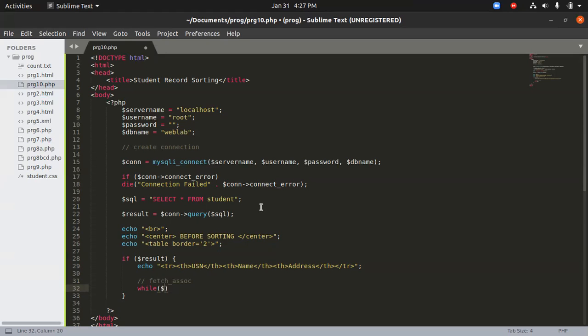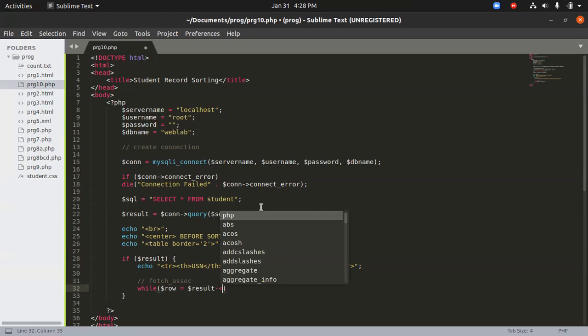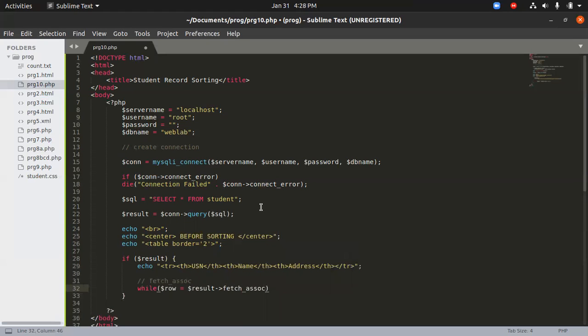We're going to create a value as $row, which will be the row value of the thing equals $result fetch associative array. Now, for each row that we get as an associative array, it is going to be printed.